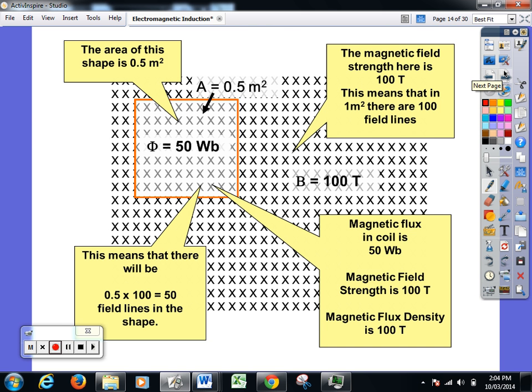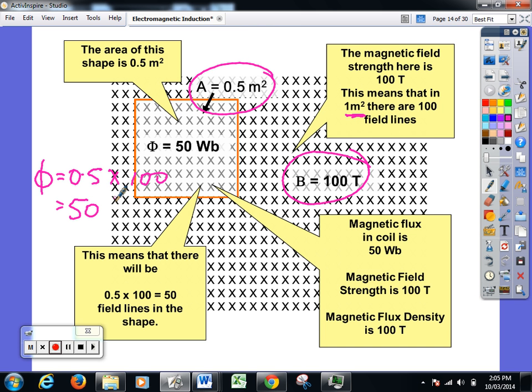So let's just check that our formula works. The field that this is in has a strength of 100 Tesla. That means that if we were to use a 1 metre square, we'll be able to count 100 lines going through that 1 metre square. If this area over here is half a metre squared, remember area has to be in terms of metres because it's that K, the constant of proportionality, equaling 1, then how would we work out the flux? Well, flux would equal 0.5 times 100,